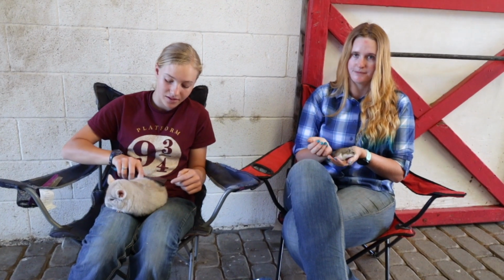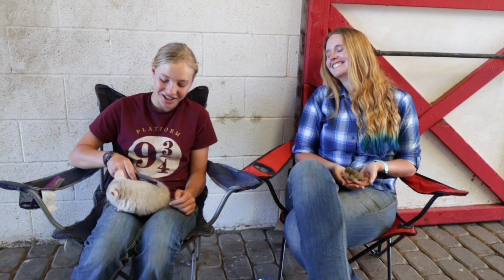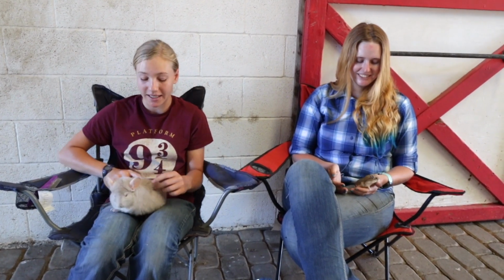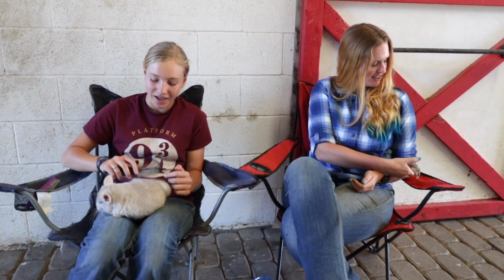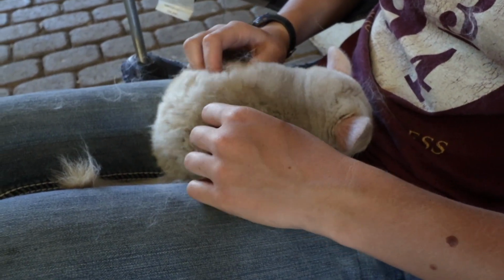So Kylie, will you tell us a little bit about chinchillas? Like, what the heck is that? Chinchillas are part of the rodent family, and they're actually really closely related to guinea pigs. What? Sounds pretty funny. They don't look much alike, but their fur is really, really dense, and they can have up to